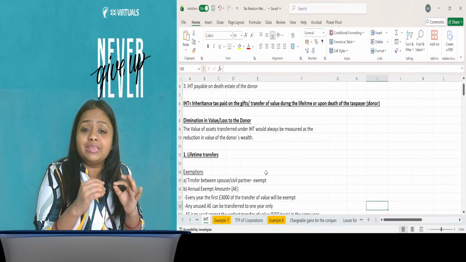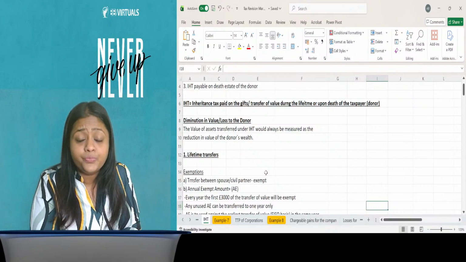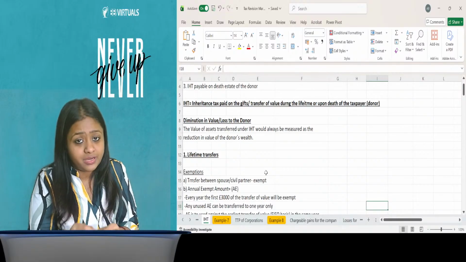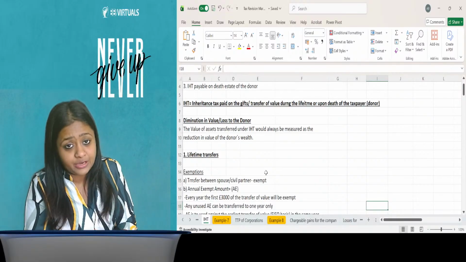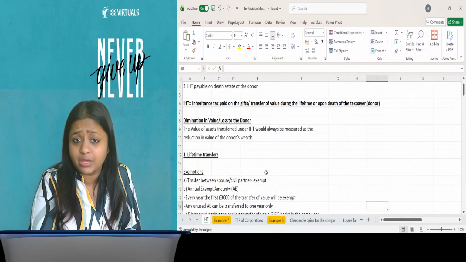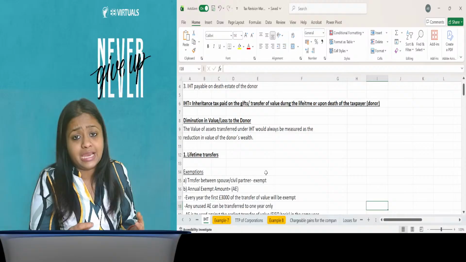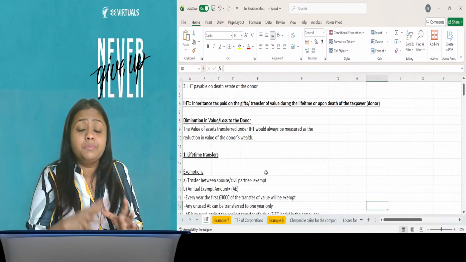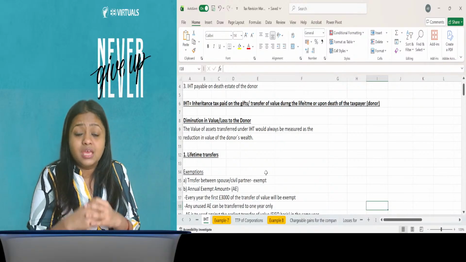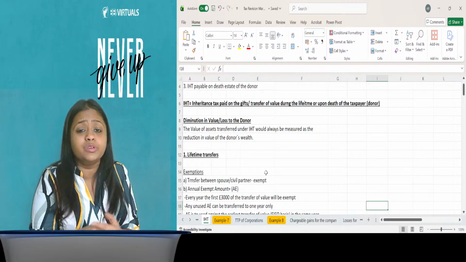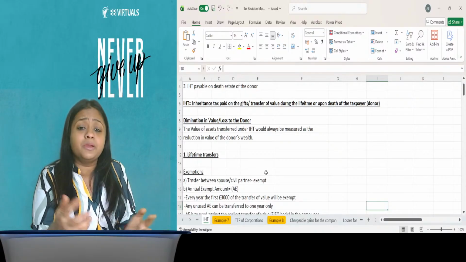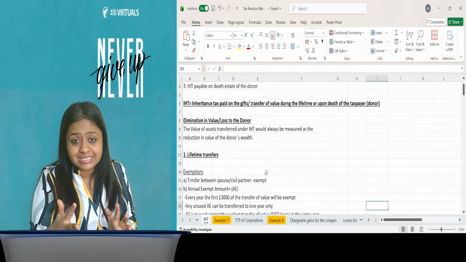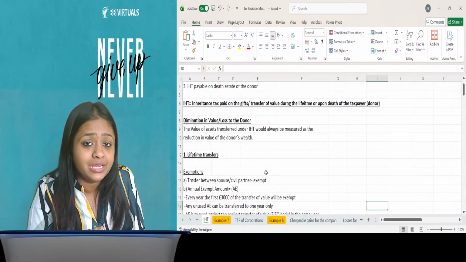Before that, when we take the lifetime transfers, we need to get the value. Either the transfer of value will be given to you in the question. TOV we call it, because this is known as transfer of value. Okay, it will be given to you in the question. If it is not given to you, then you calculate it by following the method which is diminution in value method. Diminution in value simply means what is the loss that has taken place as a result of the gift which is made, as a result of the transfer. Typically, in the case of shares, when the shares are transferred, what is the loss that is there? So that loss we call as diminution in the value.